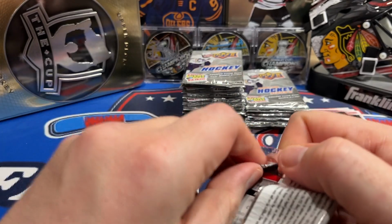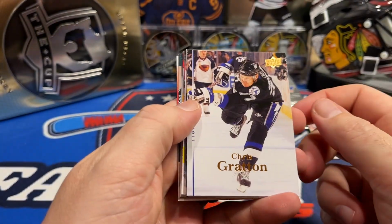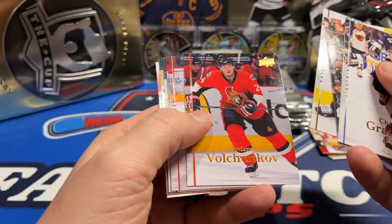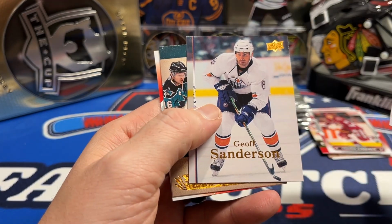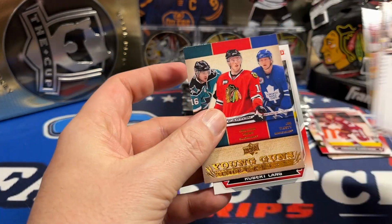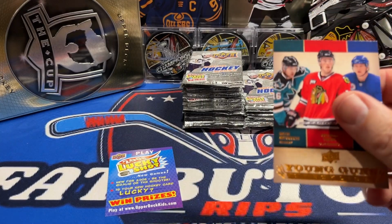Now you're filling up a pretty big, thick notebook with all of his stats. Chris Gratton, Mark Recchi, Dan Hamhuis, Anton Volchenkov, Chris Osgood, man, talking about a blast from the past, Jeff Sanderson, Checklist. All right, well, we'll get our Toews, Robert Lang. We will get a Toews. It's a Toews checklist, certainly